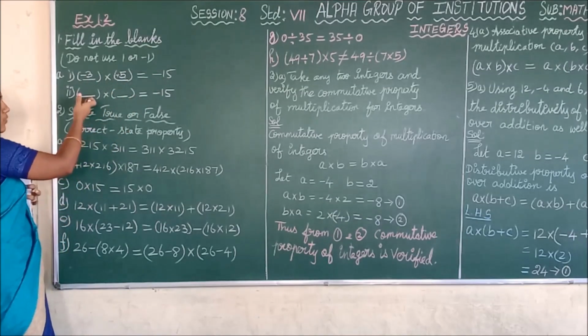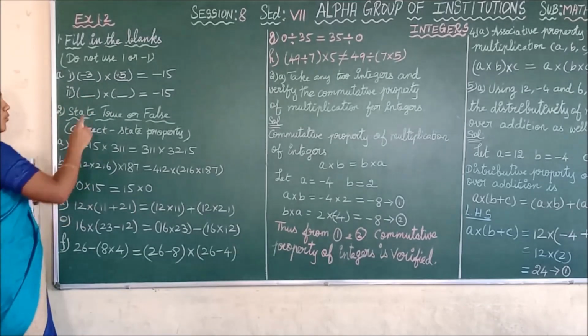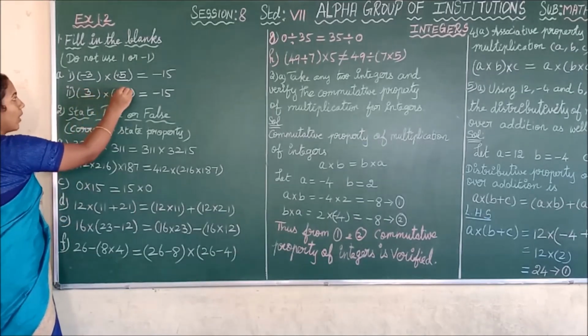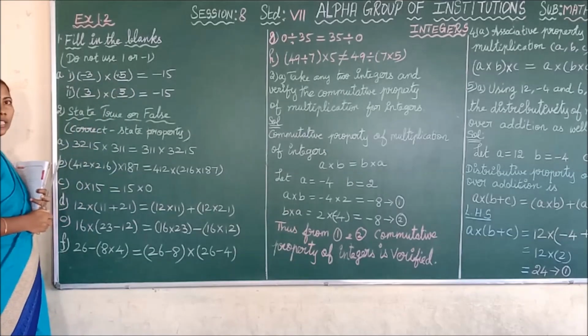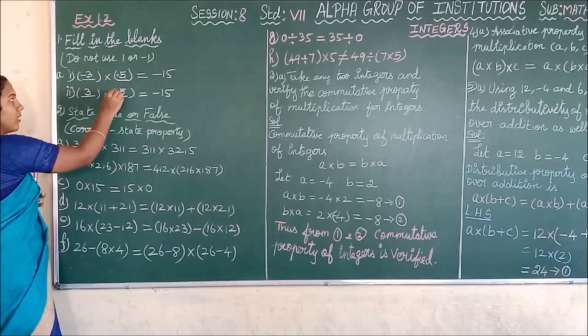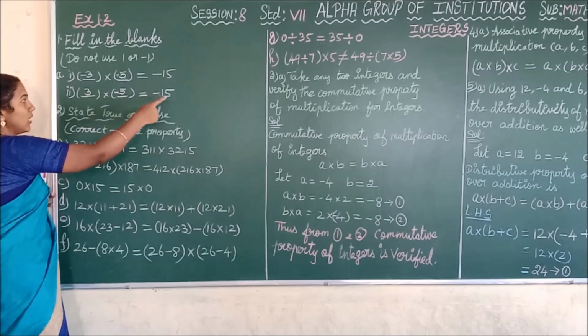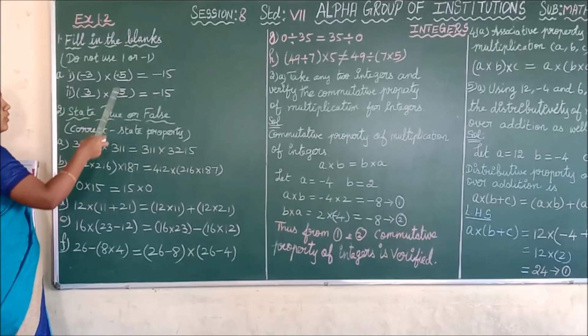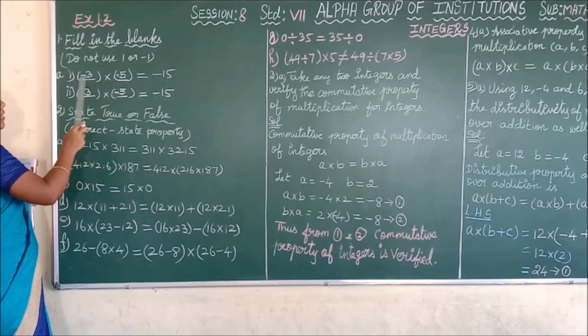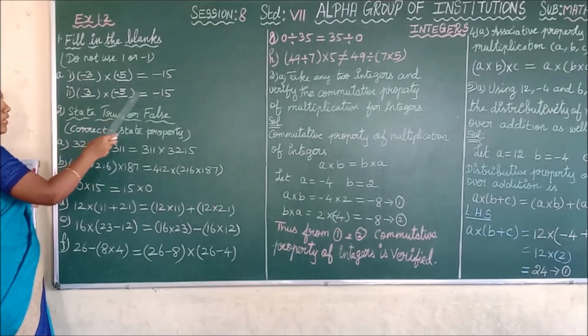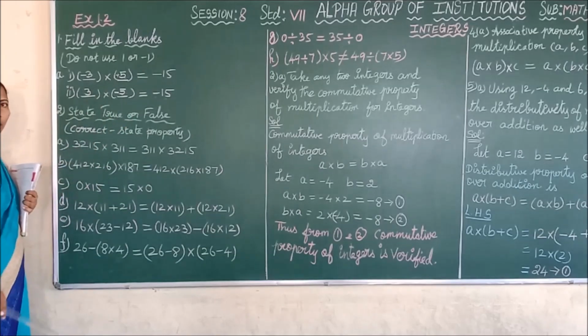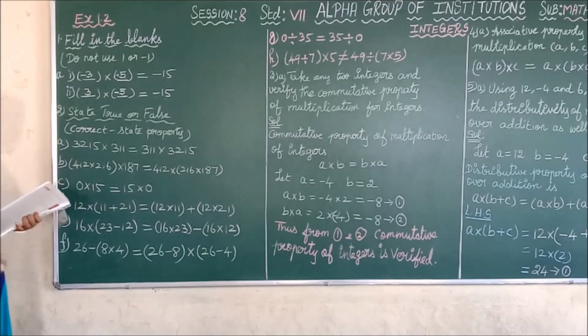Then what should be the answer for the second one? First you have to write 3 and 5. Now we are going to assign the minus symbol to 5 here. Thus plus 3 into minus 5 is equal to minus 15. Thus in two different ways we have arranged the numbers 3 and 5, that is minus 3 and 5, and 3 and minus 5, to get the product minus 15. It's clear, children?